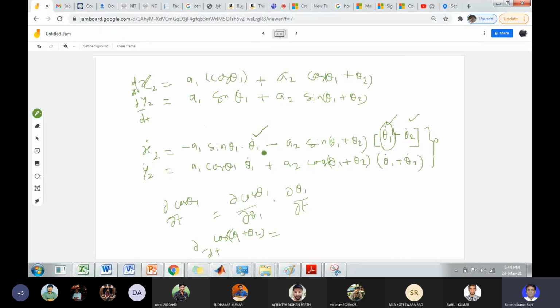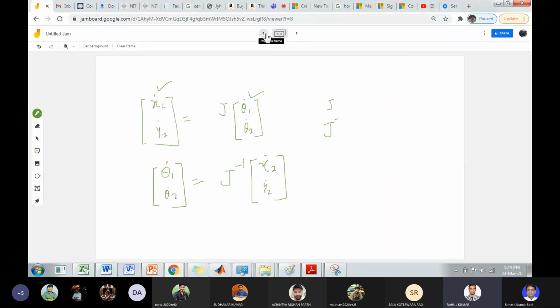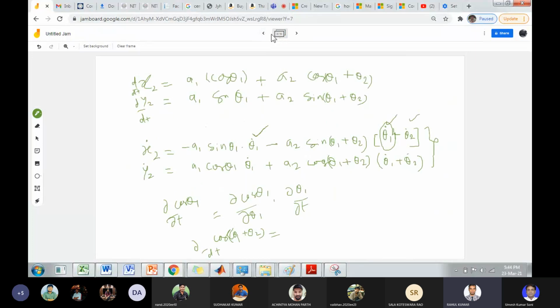So you will take the θ1 and θ2 terms separate. Clear है? यस सर। सर तो θ1 नहीं रहेगा ना सर, जैकोबियन बनाने के लिए एक में θ1 डॉट के रिस्पेक्ट में कर रहे हैं ना डिफरेंशिएट, और दूसरे में θ2 डॉट के रिस्पेक्ट में ना।